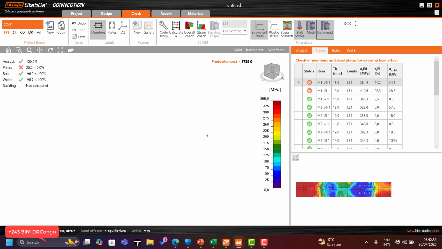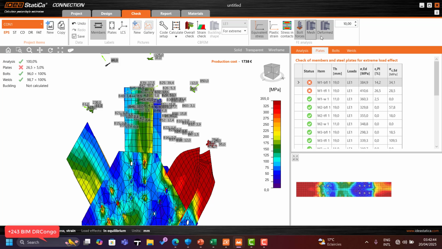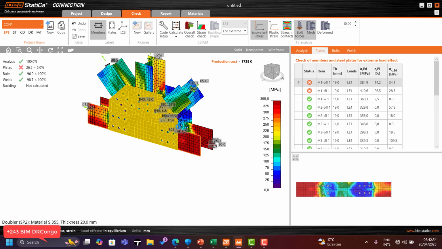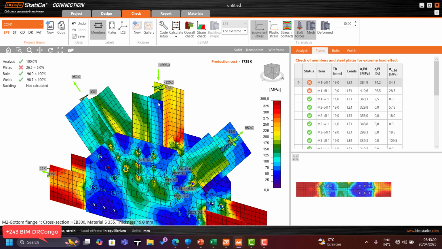This is the deformation. So when you have these capabilities to interpret the result, you can make good decisions for the project. Maybe you can increase or decrease the stiffness of the plates. Maybe you can increase the diameter of our bolt, and so it depends on the structural analysis made in maybe some